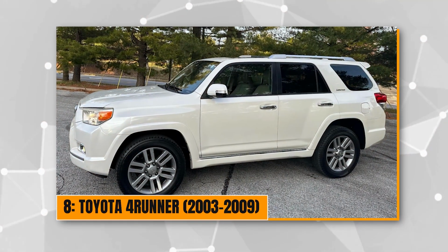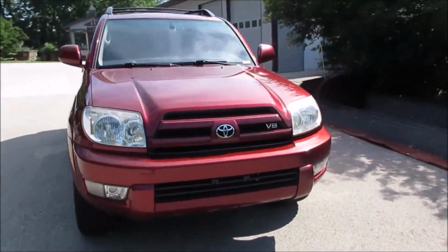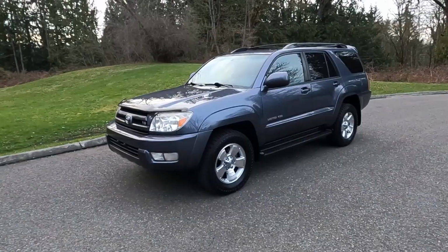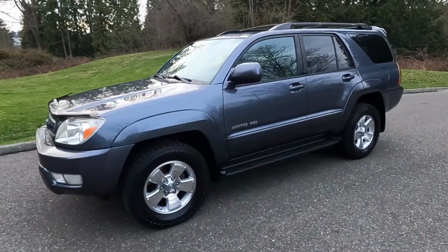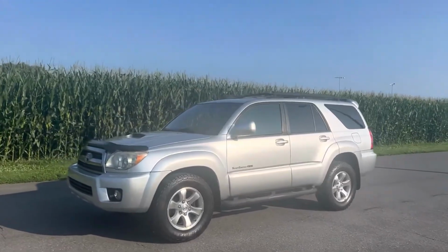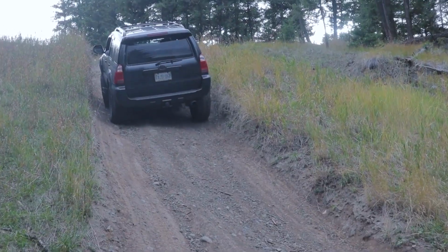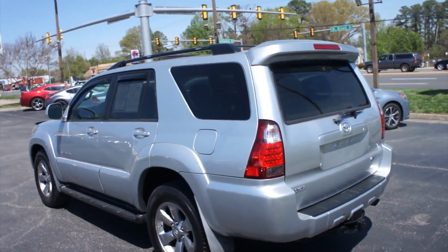Number 8. Toyota 4Runner, 2003 to 2009. The 4th generation Toyota 4Runner is what happens when Toyota takes its truck DNA and wraps it in an SUV package designed for actual use rather than valet parking. Built on a body-on-frame chassis with a proven powertrain, these vehicles regularly see 200,000 to 300,000 miles without major mechanical